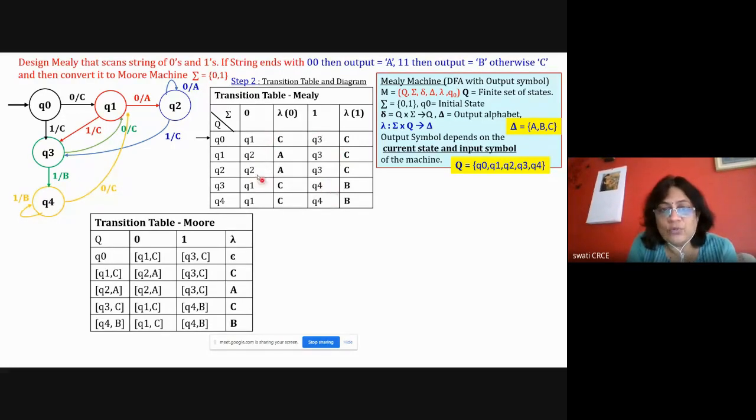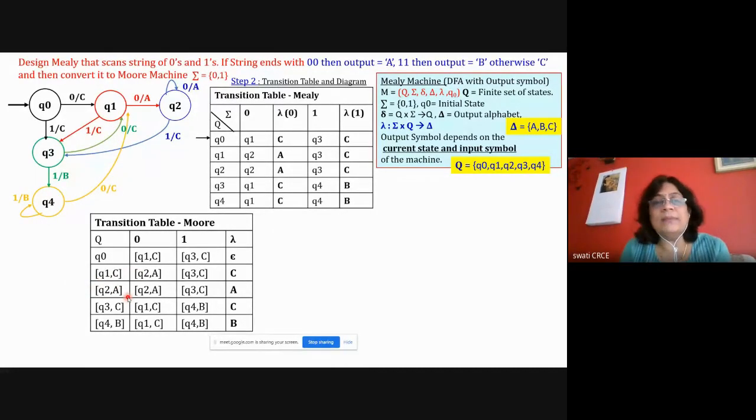Now, Q1 is present here one time, here a second time, and here a third time, and all three occurrences of Q1 have the output symbol C. So there is no confusion. Q1 always generates the output symbol C, that is fixed. So we will take the next state as Q1C, and its output symbol is C. Okay, and we write it like this. If you get one row as Q1C and another row as Q1B, then you will have to take two rows here, Q1 with B and Q1 with C.